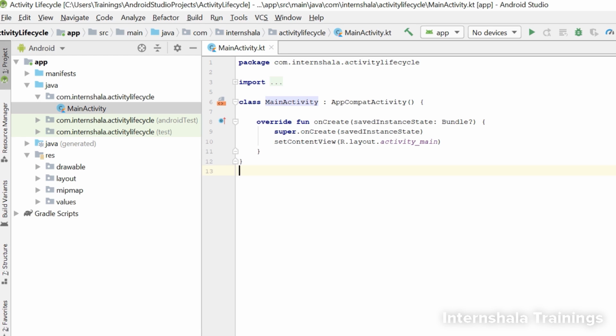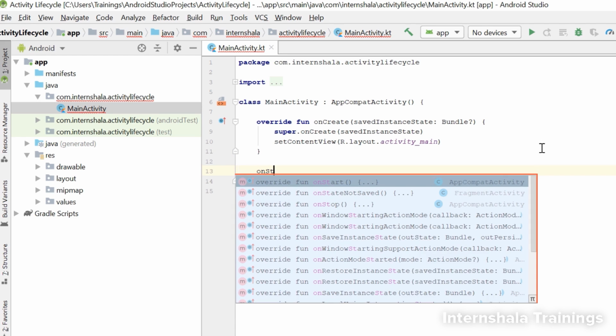Now, this is done in the onCreate method, since we need to set the view of the activity at the time of creation. Let's add the other callback methods here now. First, let's add the onStart method in this class, but outside the onCreate method. To do this, you can simply type onSt and Android Studio will give suggestions to add this method.